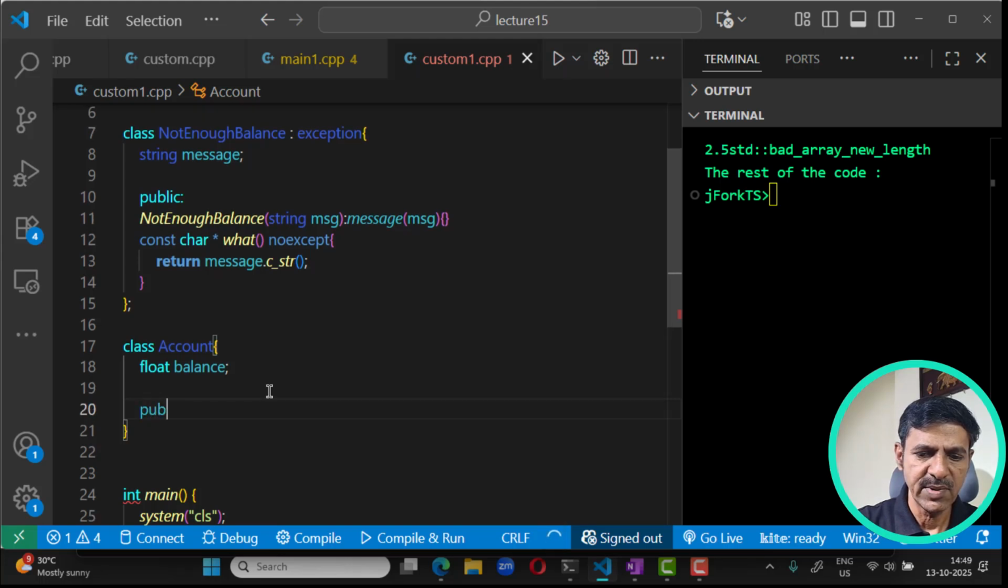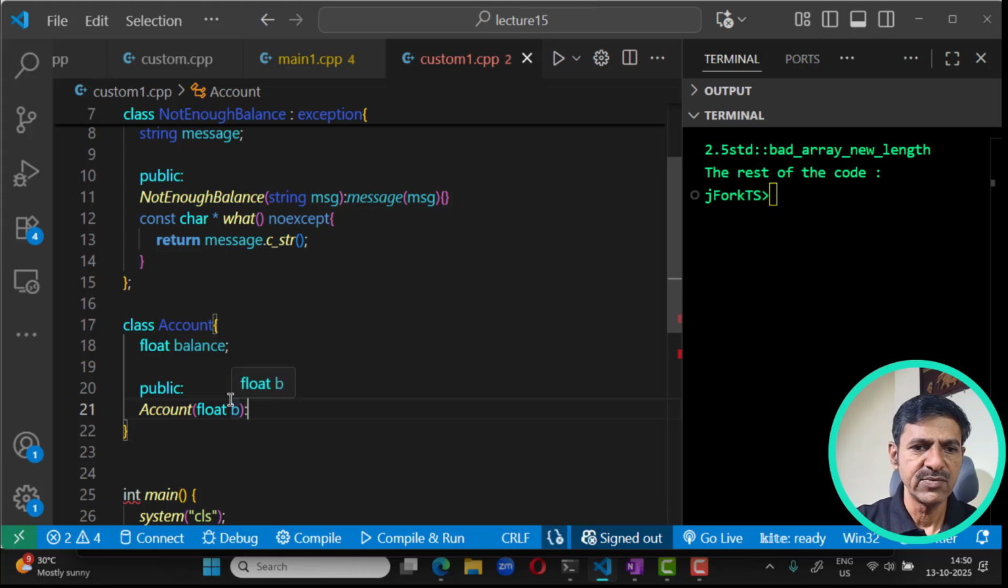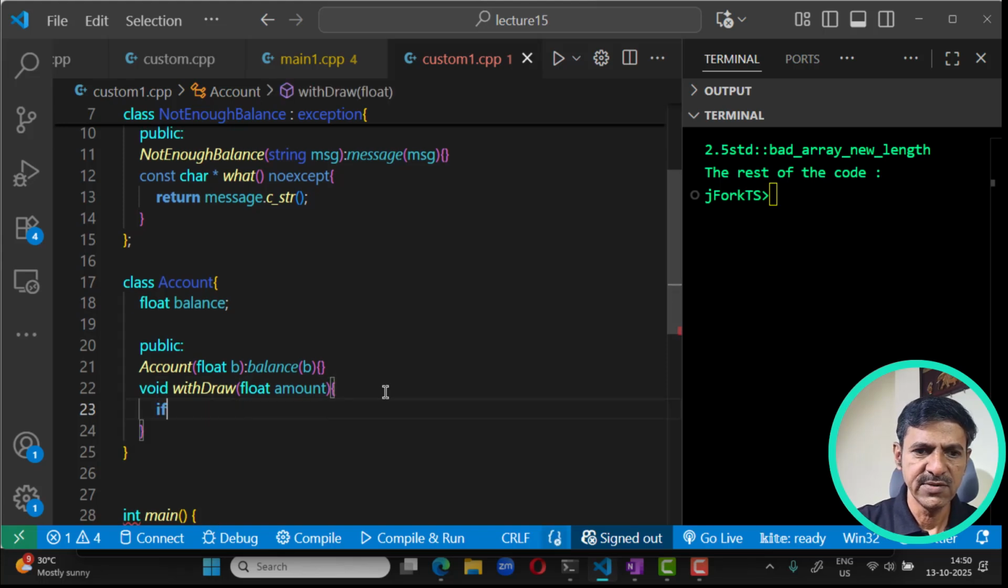And in the public section you have the constructor with some value coming from the main, and that you can use to initialize the balance. And now here we need to add our method, let us say withdraw. You want to withdraw some amount, and within the body of this, if